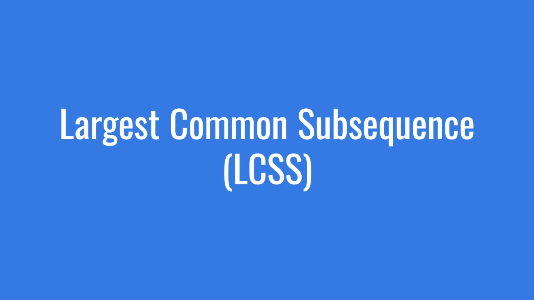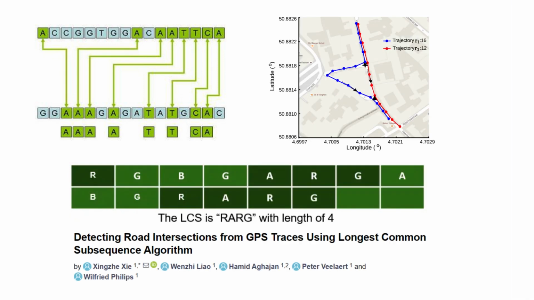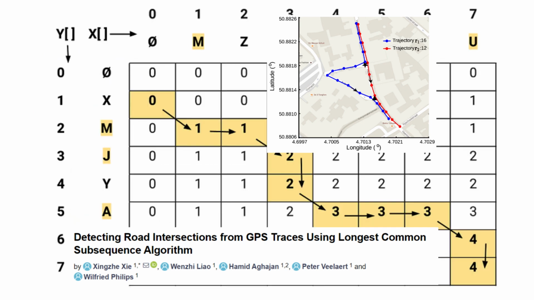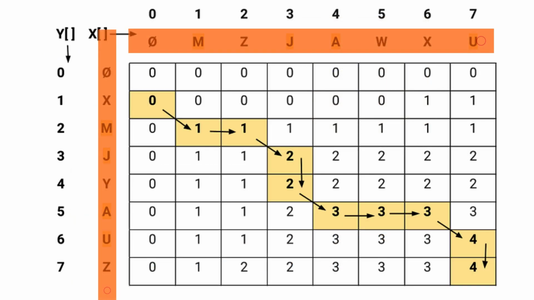Longest common subsequence, in short LCSS, is the most common problem we learn when learning data structures. In this video, we are going to explore it from a time series perspective. In its basic form, the objective is to find the longest common subsequence between two strings. For example, given two strings as highlighted in this image,